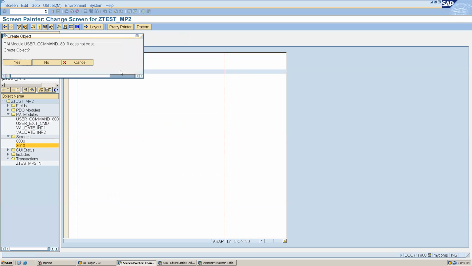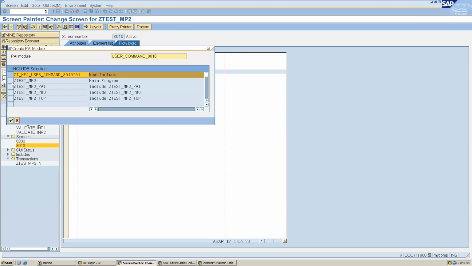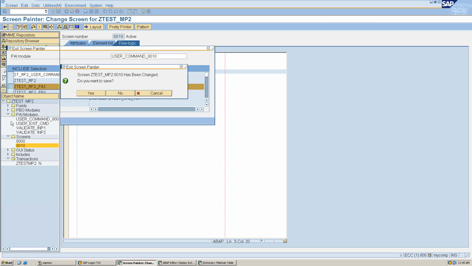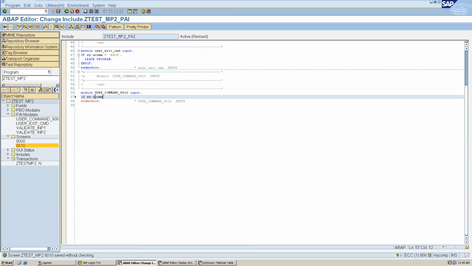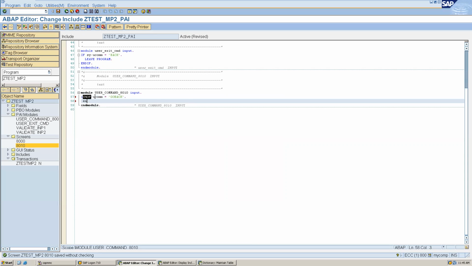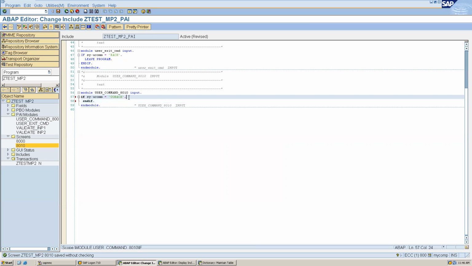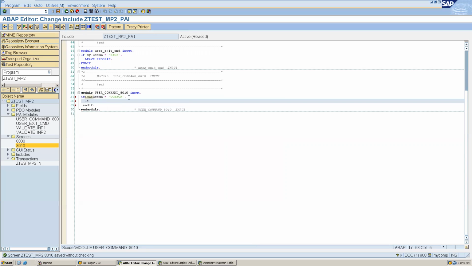Okay. So I have to come back, right? So how can I come back? Let me create this module also. And here I can write if SciUcom equals to go back, right? It was go back, right? So in this case, I have to leave to previous screen. So how can I write leave to